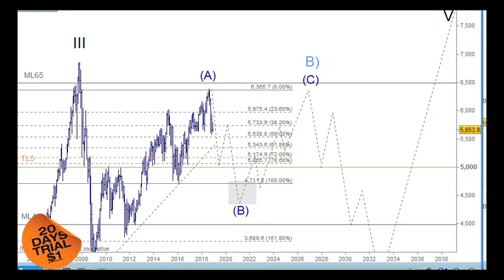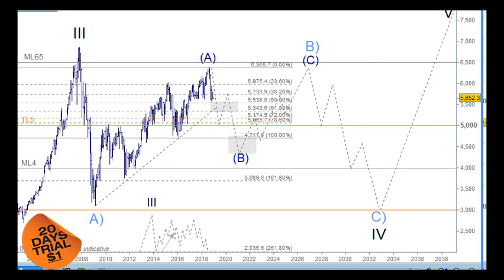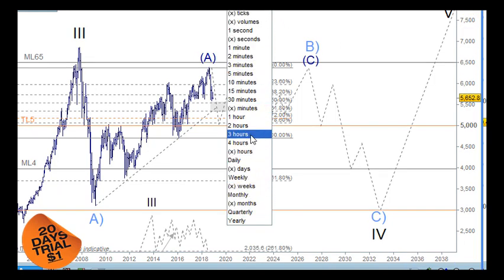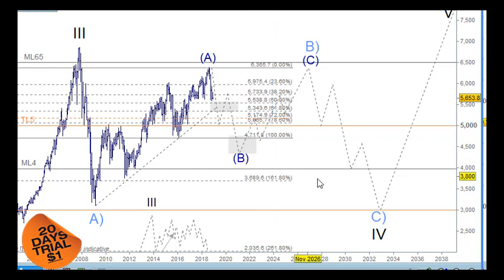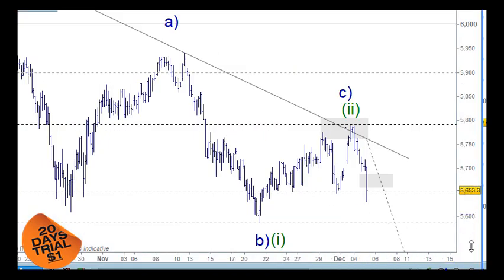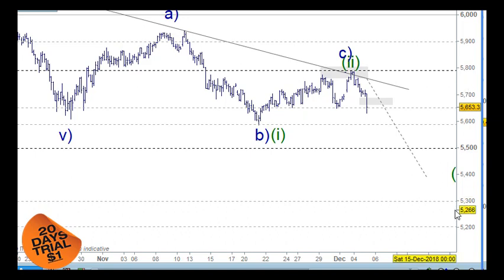So that comes in around the 5,300 area here. Okay, so that 5,300, if we come back to, let's go to the 4-hour chart, 5,300. So that's down here at that space, just on this 4-hour chart here.